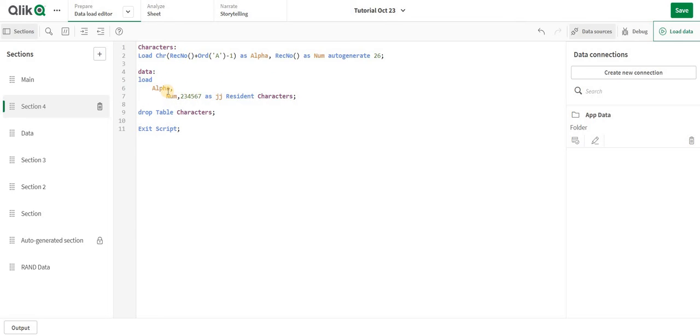Okay, so now I have a table with all the characters, and now I can just say